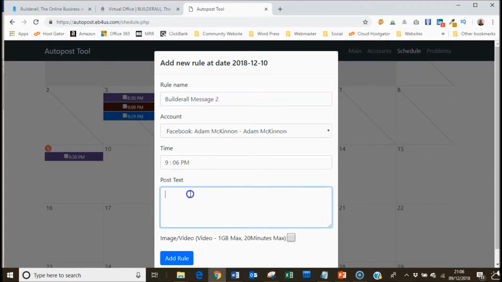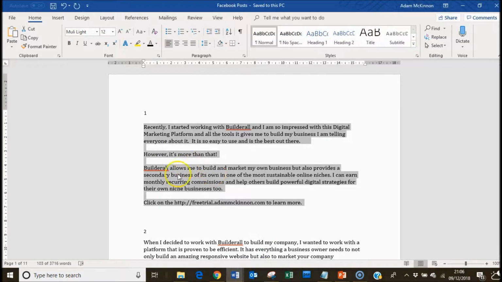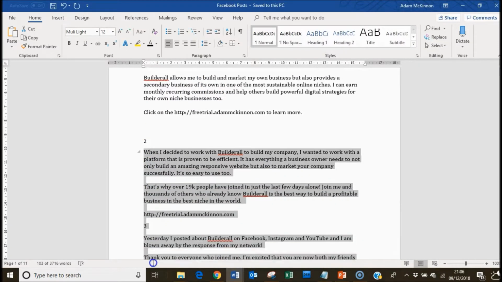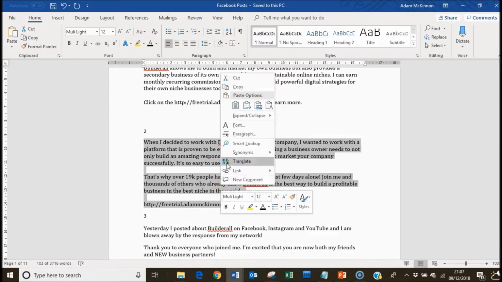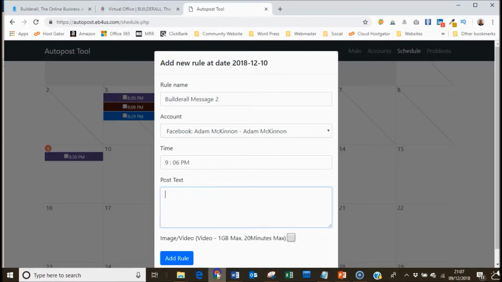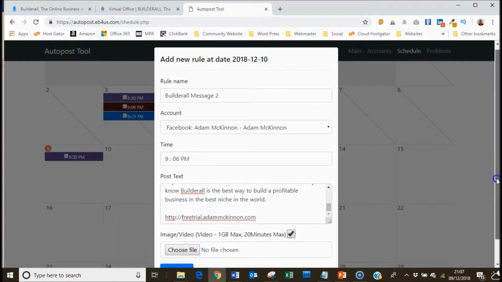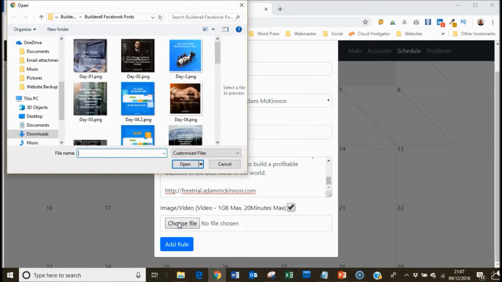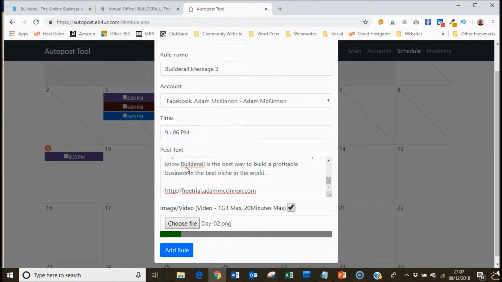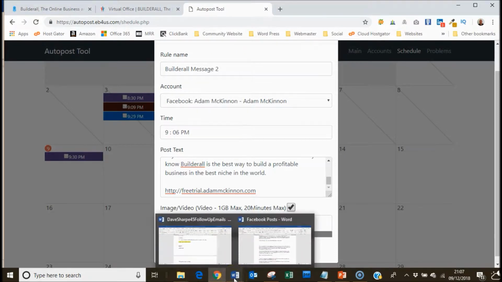Just 2. Paste. Good thing I went through and wrote out, well, they're the ones that you actually get with Builderall, all these posts, and then I've just rewritten them all slightly just in my own way, and put my own link into everything. I then saved them all to a document here,